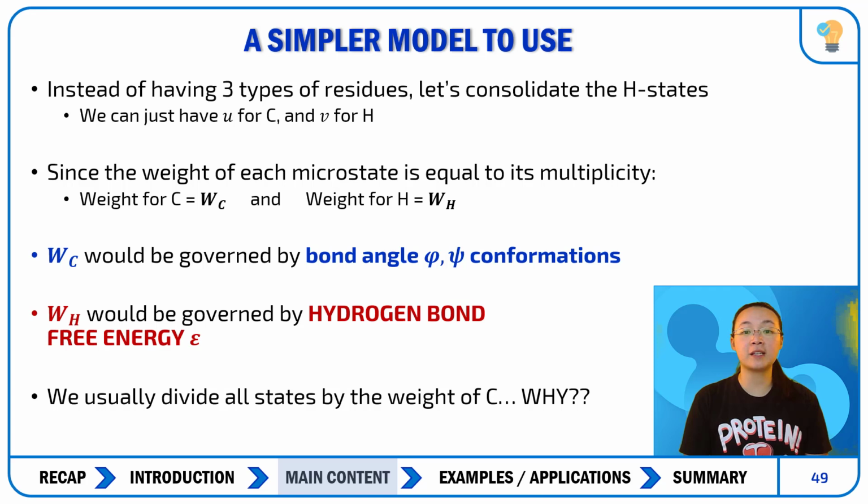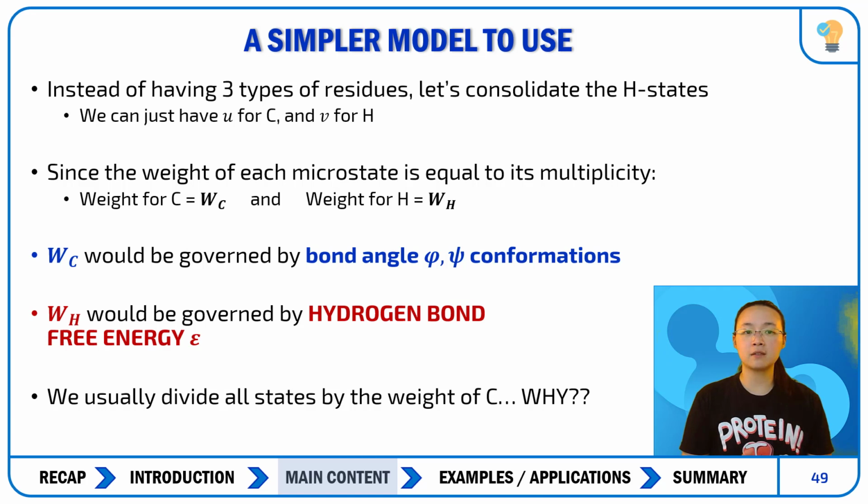So remember the 3 states we had before? We had U, V, and W. So basically coil, helix around coil, or helix without coil neighbors. What if we simplify this to 2 possibilities instead? So this is the LR model, so we want